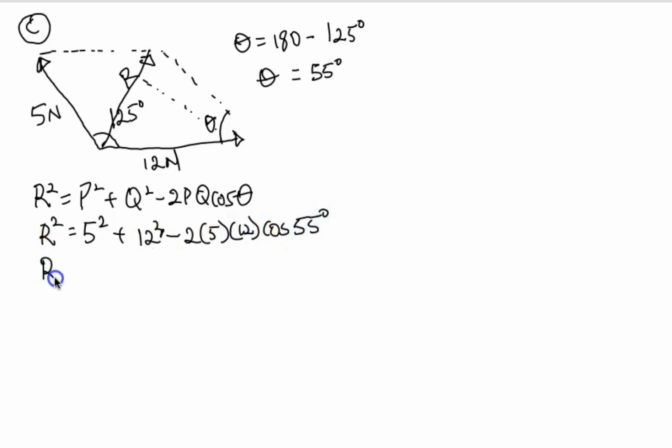So now R squared will be 5 squared is 25, plus 12 squared is 144, minus 2 times 5 times 12, which gives us 120. The value of cos 55 is